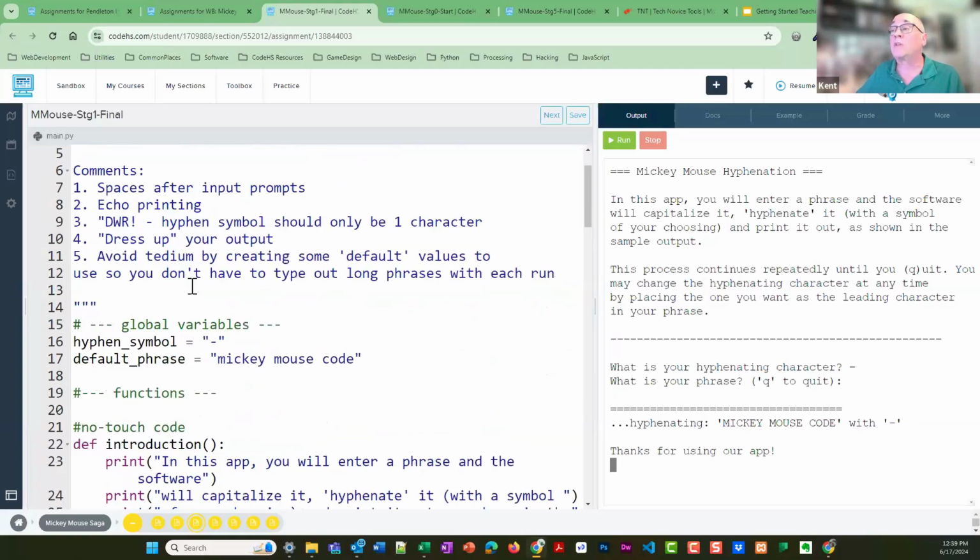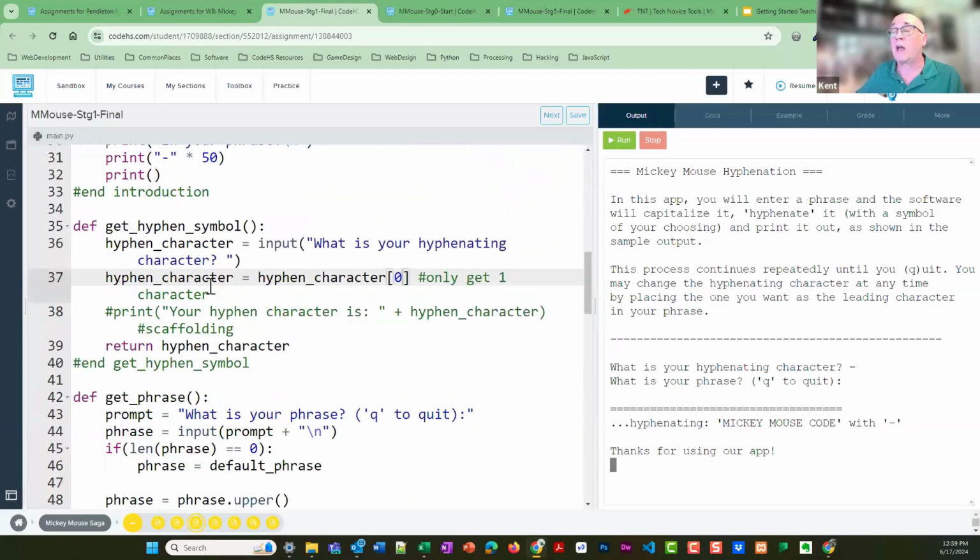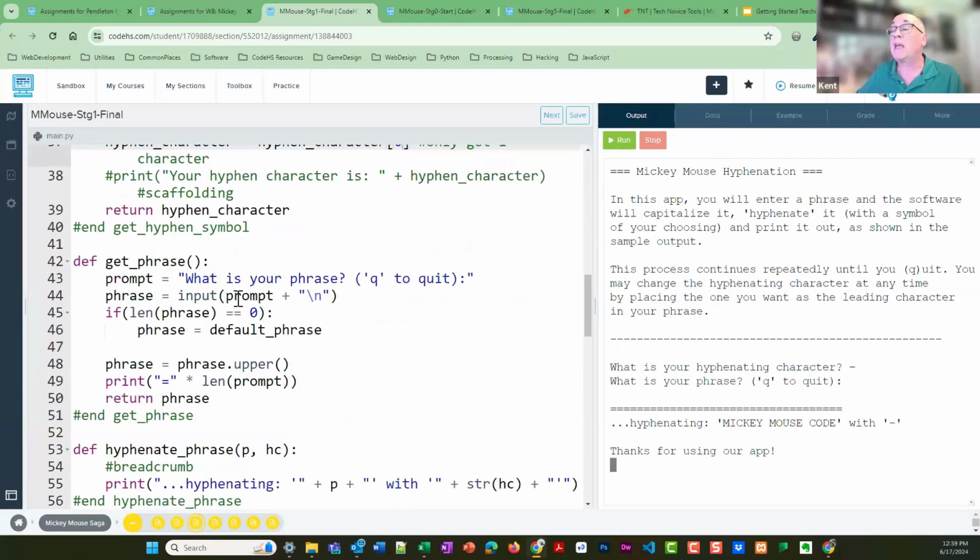So what's going on? Well, I've used the function get hyphen symbol to get the hyphen symbol. I've used the get phrase, and then I've manipulated it. Knowing that phrase is a string, the data type, so I'm talking about data type almost first day of school. Something else. I can use a function length to get the length of my phrase and make a decision based on that. I talk about tabbing to get this as part of the if logic. Then, something else.